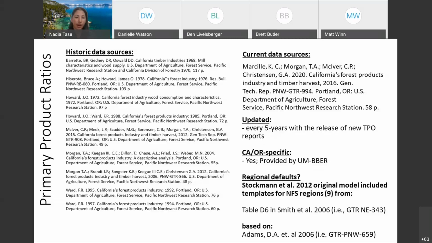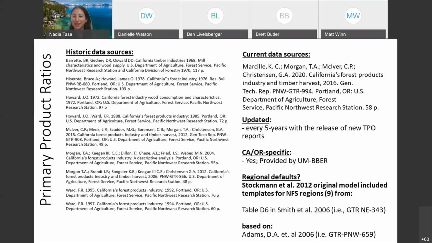So our primary product ratios are derived from the same literature as the timber product ratios, and states that are interested in wood products carbon accounting can develop their own primary product ratios if they want to. But the original model used by Stockman and others provided default ratios for the National Forest System regions, and that can be used by the states. And those defaults are based on Table D6 in Smith et al. 2006, which is based on another publication,